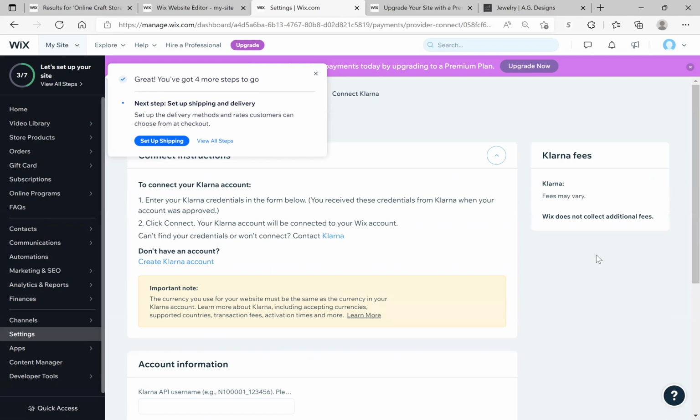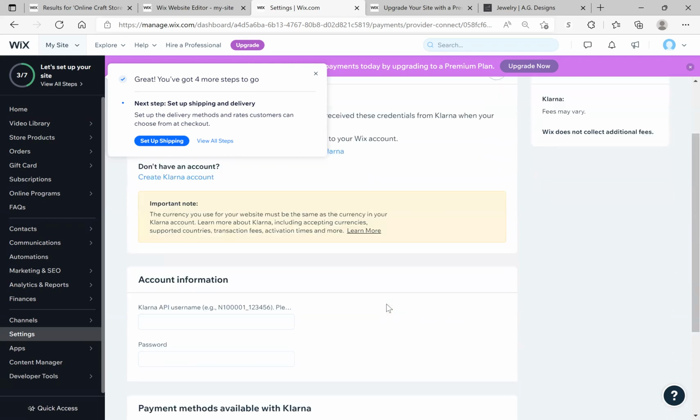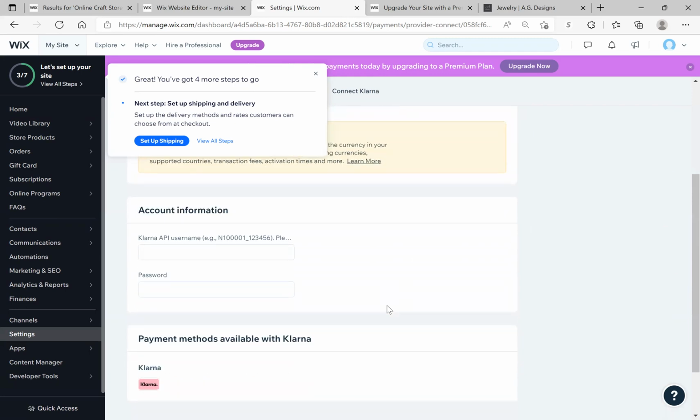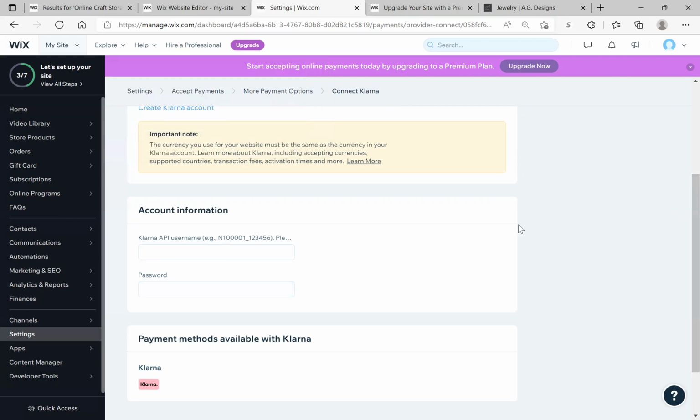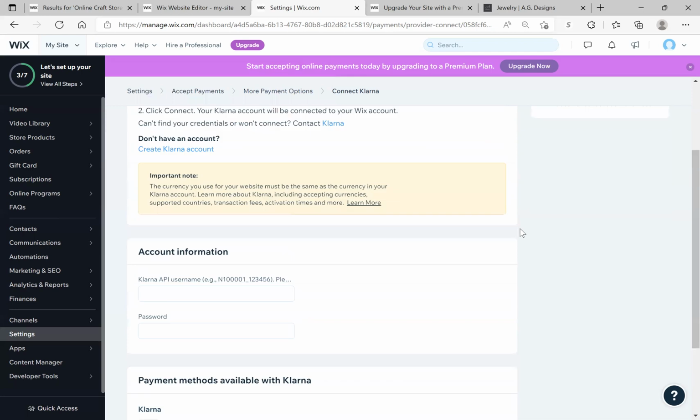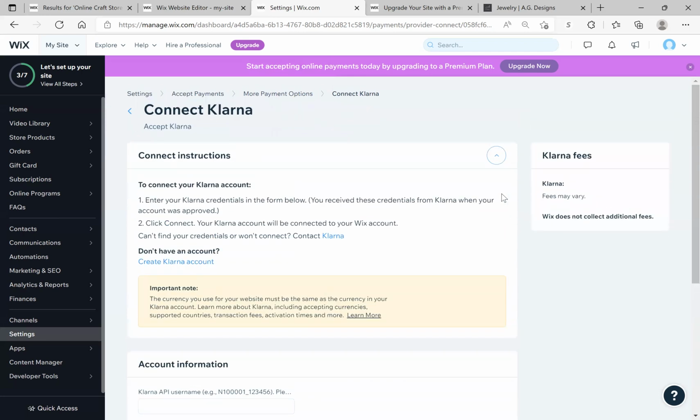connect. And then it's going to ask you to put your account information in, right? And you'll get this account information like your API username and password stuff. That's going to come in an email to you from Klarna. So just make sure when you get those kind of emails too, you're saving that to a special folder for your business. So you can always go back to it if you need to update anything. Okay. So again, this is where you will come in and select if you want to use PayPal or whatever